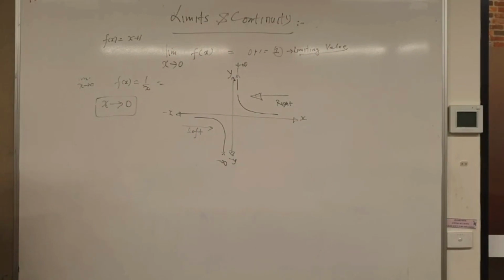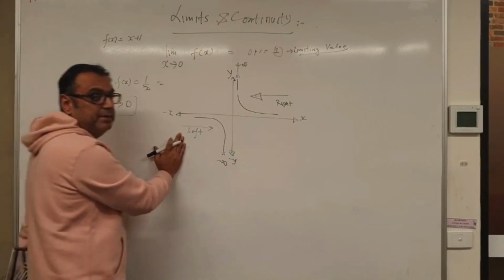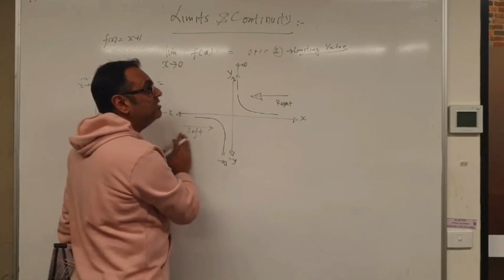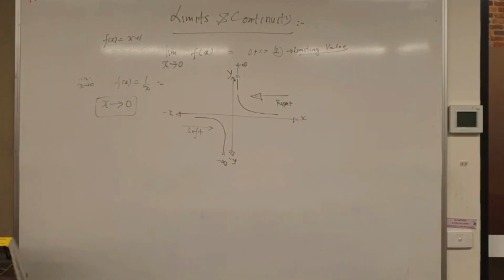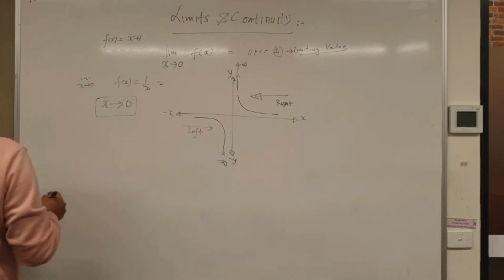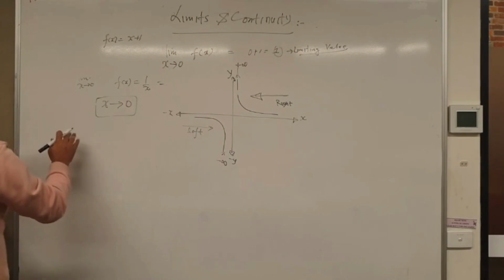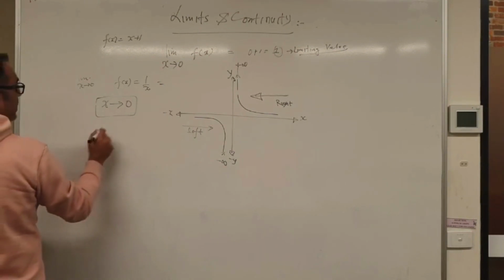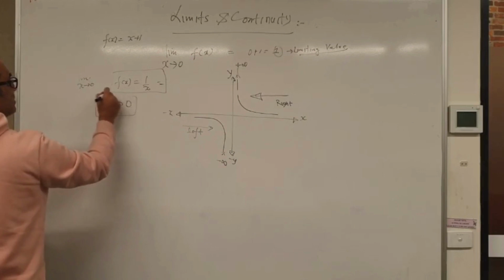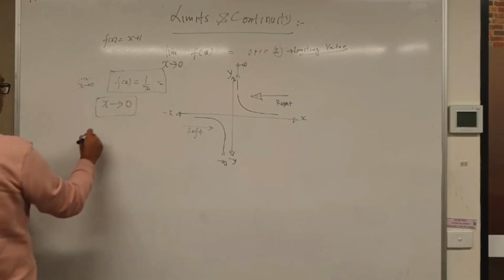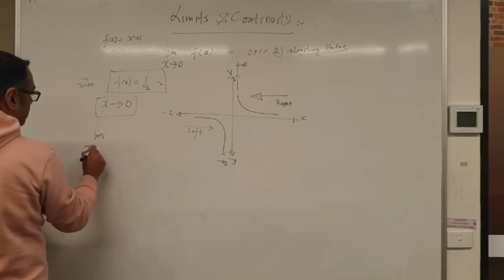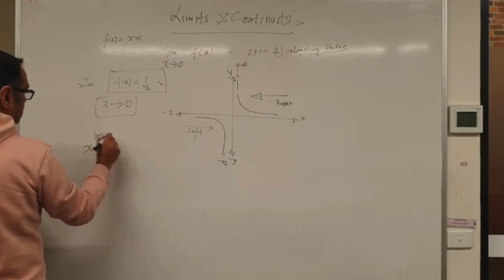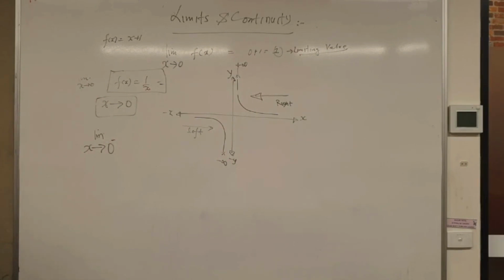One is called the left limit, and the other one is called the right limit. So how do you express it? If now this is f of x, so I will say limit as x approaches 0 from the negative